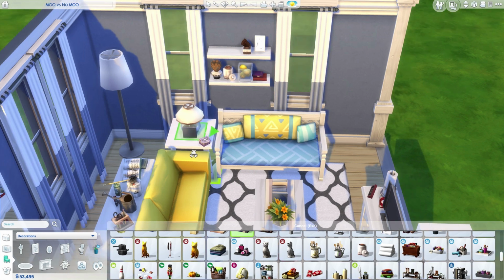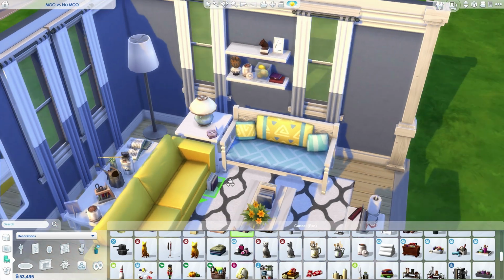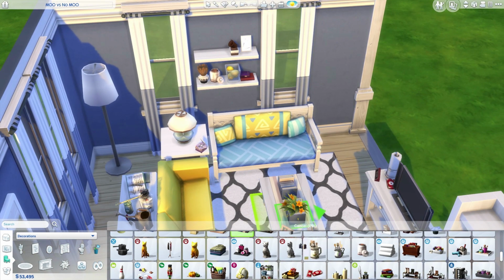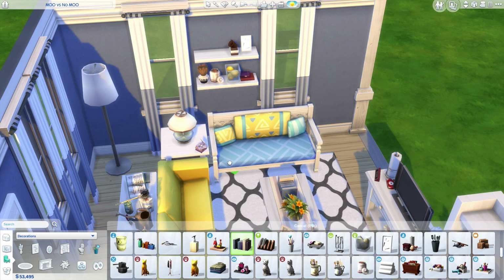And by snapping, I mean they don't automatically, if you notice, they're kind of going into this lamp over here on the end table because it's snapping to that area. But they will not snap to this. There's just certain items, like things like this, will snap. Other items don't. I don't know why that is. I don't know if there is any sort of rhyme or reason to why that is, but there is an easy fix to this. If you have move objects on, what you can do is hit the control button and then hit the 9 key. The 9 key is going to raise that item up,